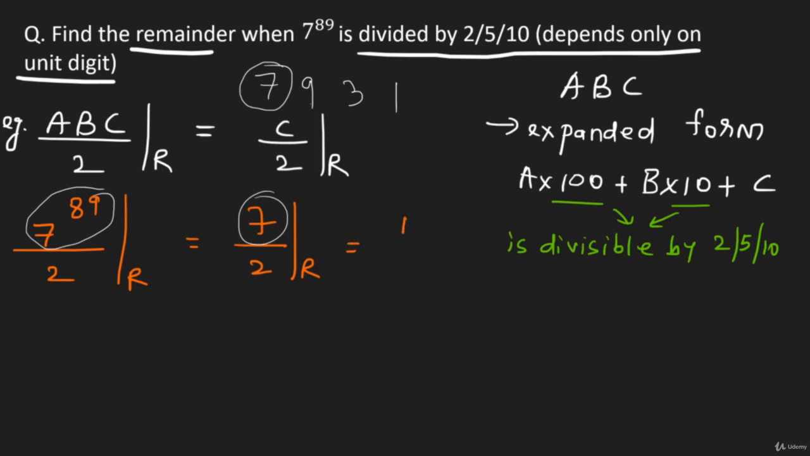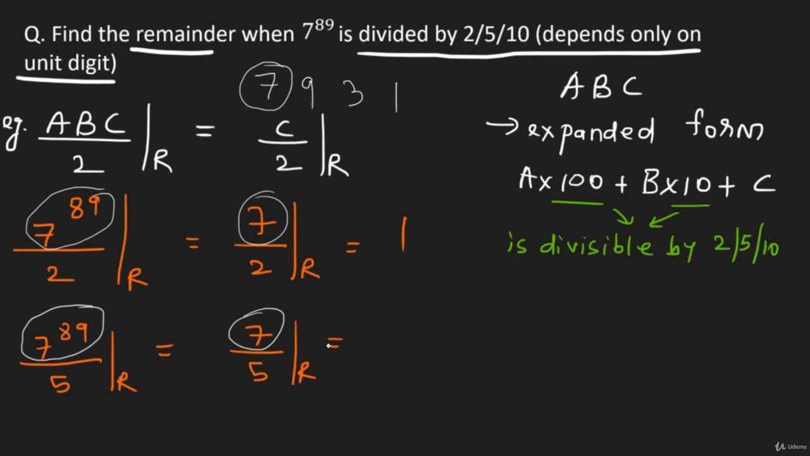So your answer over here is 1. Now similarly, 7 to the power 89 by 5 remainder would be equal to 7 by 5 remainder, right? The same logic is applied. 7 to the power 89 will have a unit digit of 7. That's why we write it as 7 by 5 remainder, and 7 divided by